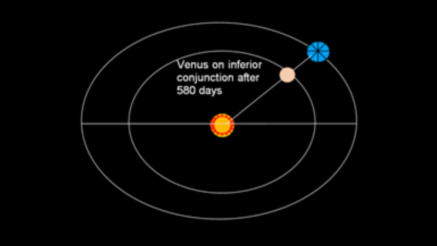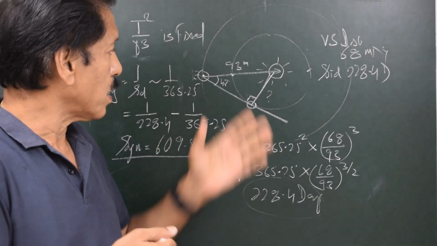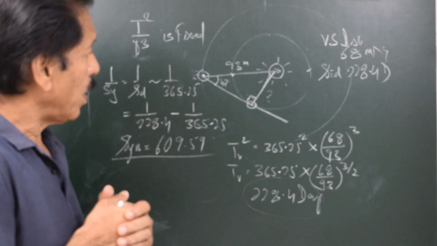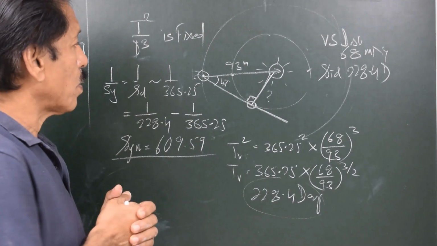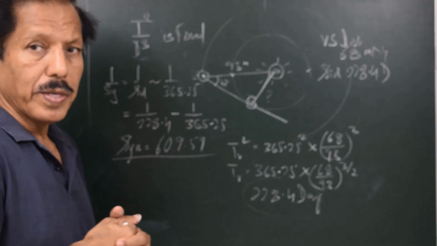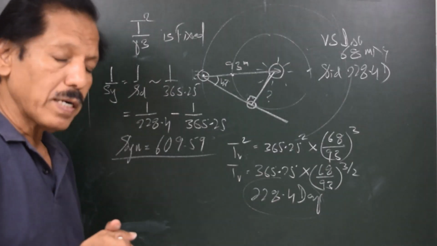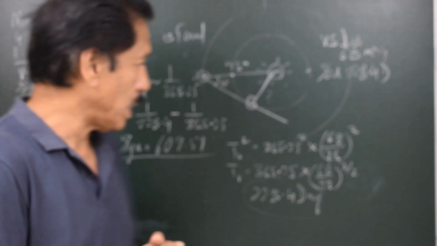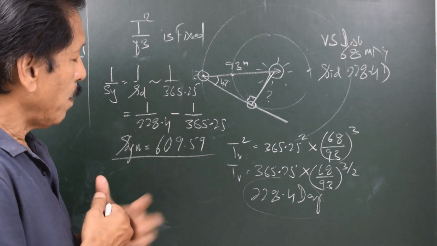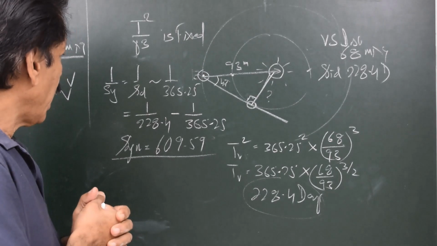So this is how we have found out the distance of Venus initially by geometry, and once we got the distance, this distance is used to find out the sidereal period of Venus, because we have Kepler's third law that T squared upon D cubed is fixed for the planets, where T is the sidereal period of the planet and D is the distance along the semi-major axis. In the case of Earth, we assume that this is about 93 million miles, and we found that the sidereal period of Venus is 228.4 days and the synodic period is